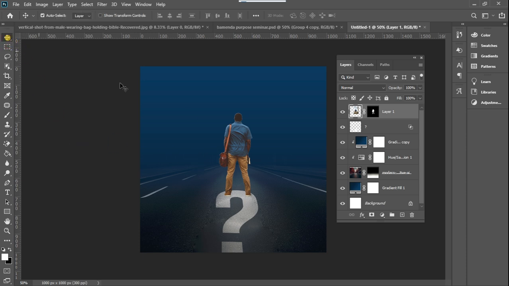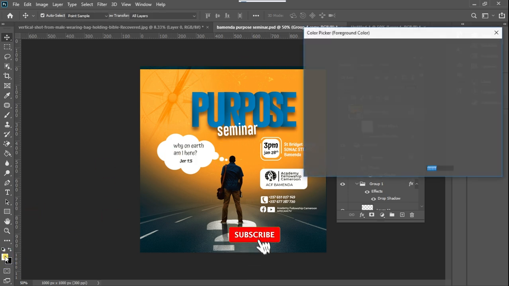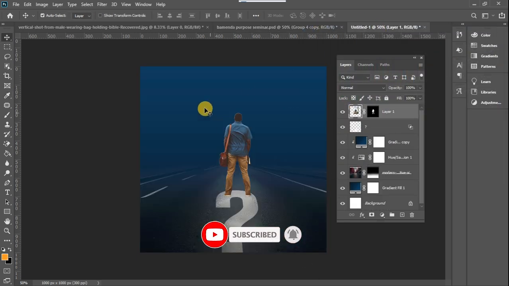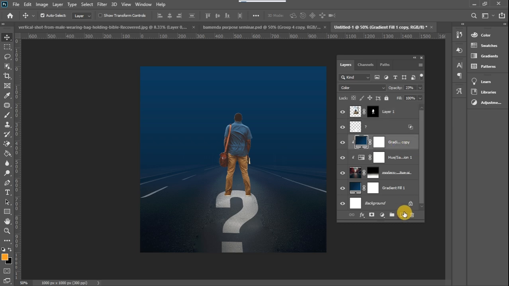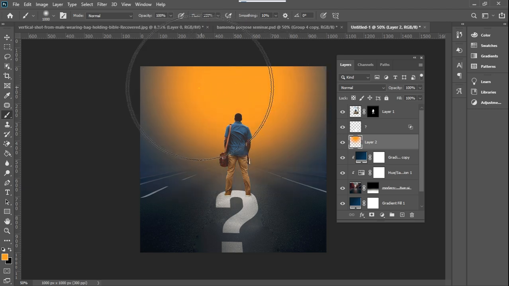Okay, and once that is done, the next thing I did was to create the sunlight, this light around here. So I used an orange color for that. So in order to save stress looking for the color, I'm just going to select this color and go back here. Now I'm just going to create a new layer here, and I'll use my brush tool. Make sure it's a big, soft brush, and I'm going to paint in here like this,